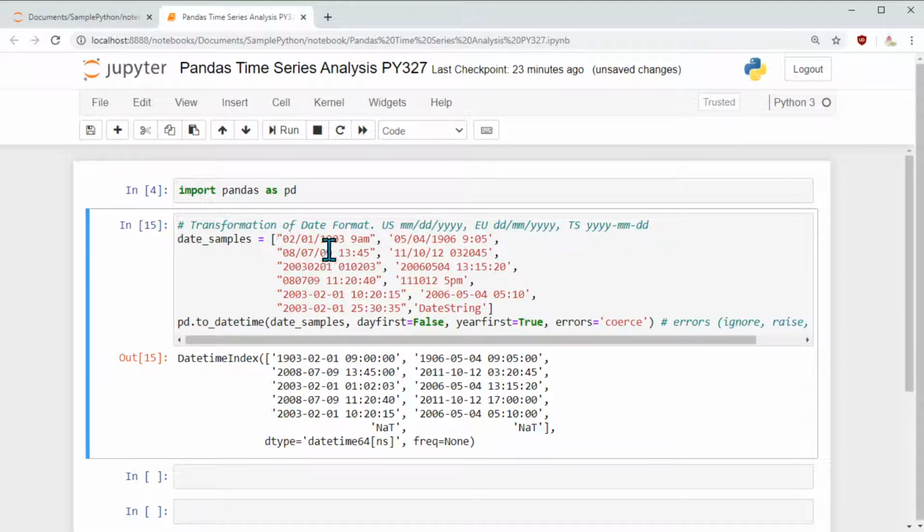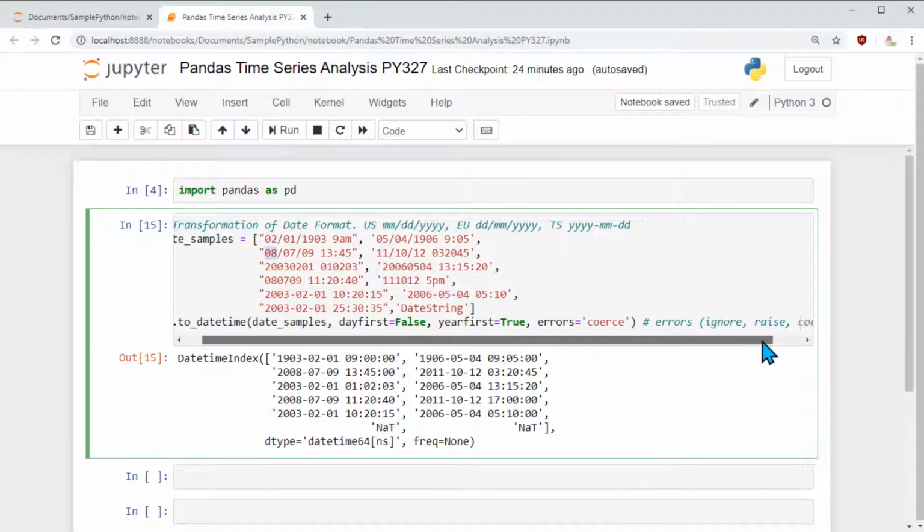Our year is going to be 1903, which is perfect, because it's four digits, it picks up the year and then picks the other parts. Here, since 08 is all two digits, it picks 08 as the year and picks the remaining accordingly. So it goes against the usual order itself and picks the remaining data accordingly.